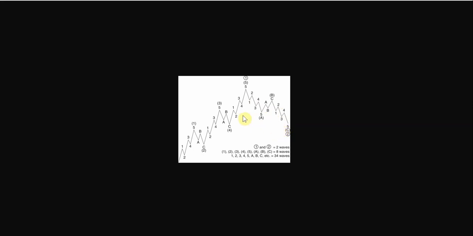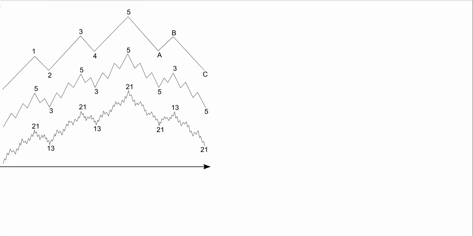And you can see this is part of a larger pattern. So this is a major flow up to 1, and then a minor correction down into 2, and it's just part of a larger pattern here. We can see how it breaks down even further, and this is where it starts to get more complicated and convoluted. Ideally, you just want to simplify it so you have a general gist of where the market's going,